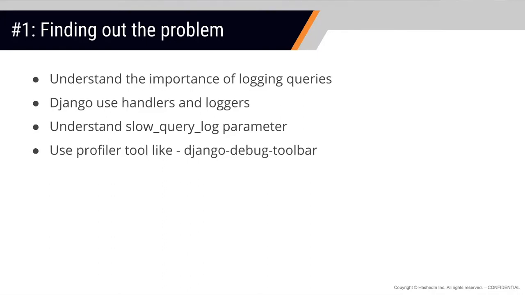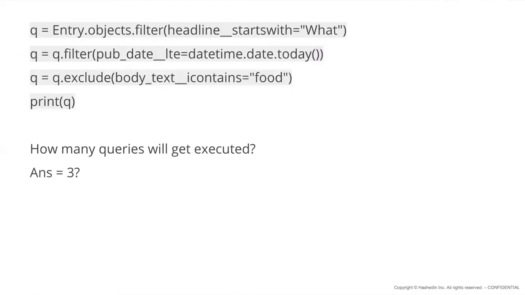On a similar line, there is a tool called Django Debug Toolbar. It's very famous, and the people who work on Django will be pretty much aware. Always use this tool. If you are not sure how many queries are getting executed in your API or any web call that you are making, always use this tool. So these are some of the ways you can benchmark your queries and you can at least see what problem is going on, right? So the first step is to understand and figure out what the problem is. And for that, logging is very important. That is what this slide talks about, right?